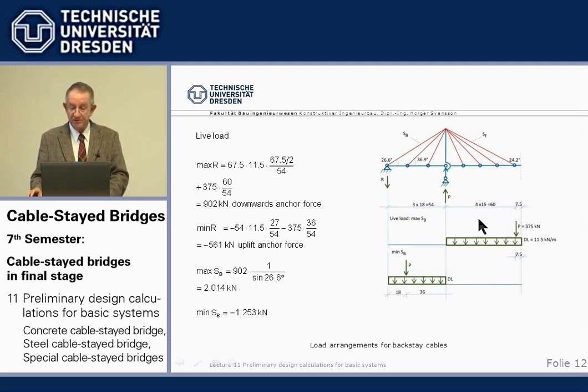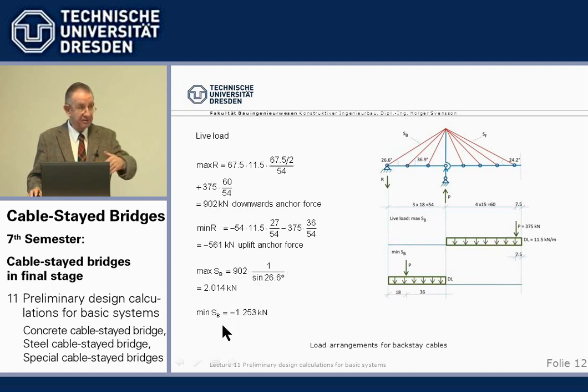It's the support reaction from this live load arrangement. Now, if we put the live load here, we have a simply supported beam, so 1/2 of this and so on goes in compression into this support reaction. Which means the highest tensile force from live load is this 902 kilonewton divided again by the sine,